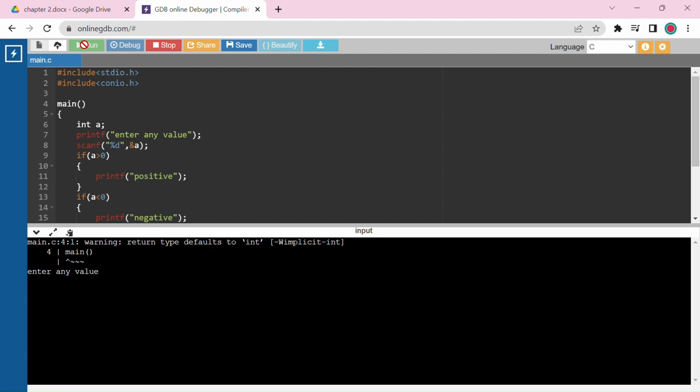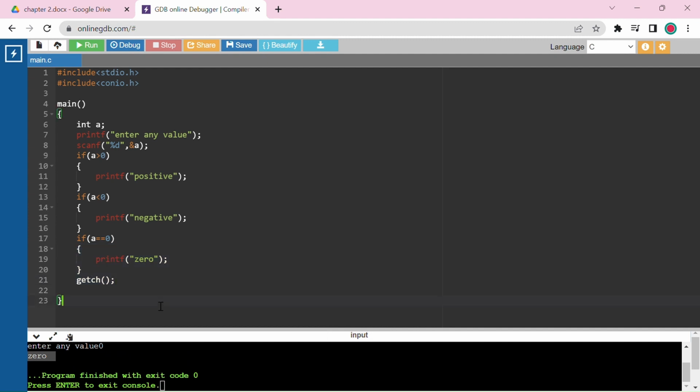Now let's give just 0, although we have tried it. It's going to give 0. So this is how if statements work. It's pretty simple. There's no rocket science in it. You just have to understand